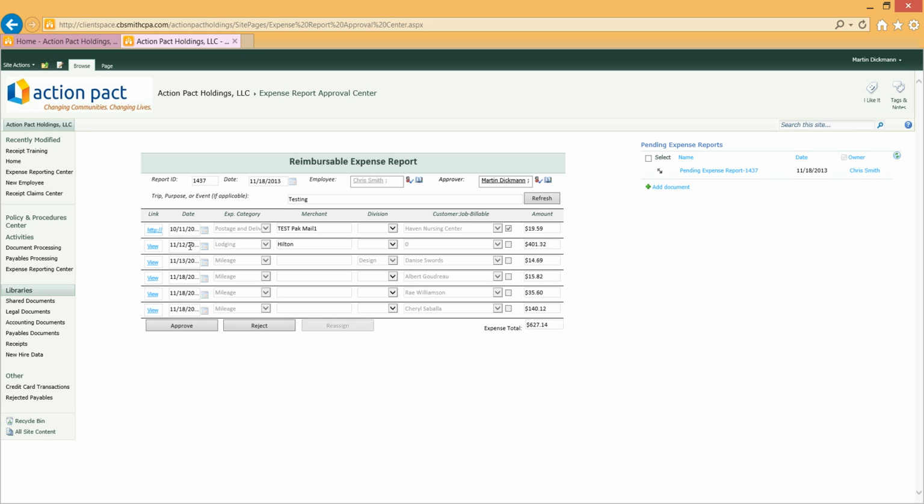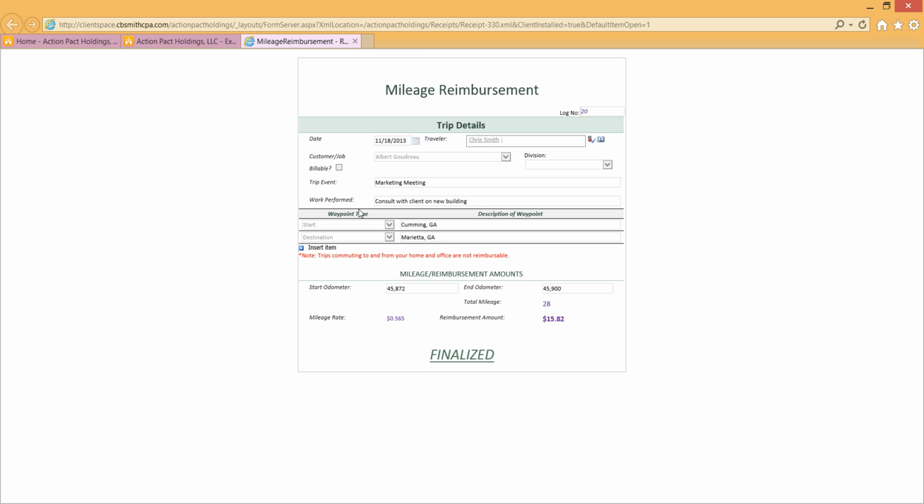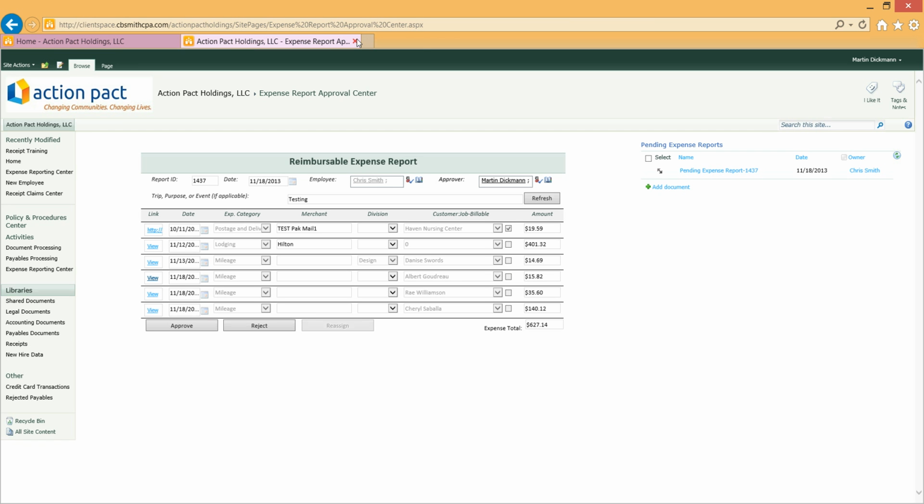As we've discussed in other videos, the user can click on View on any of these line items to bring up that particular item. In this case, we have a mileage log. After reviewing the expense report, the manager can then either approve or reject the expense report. If the manager rejects the expense report, which we'll do here,